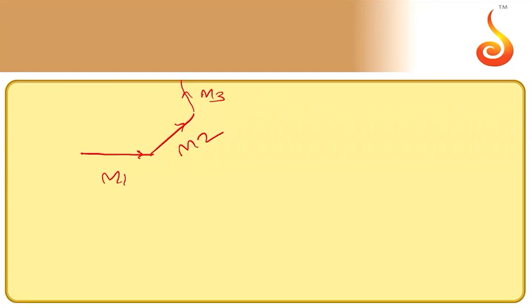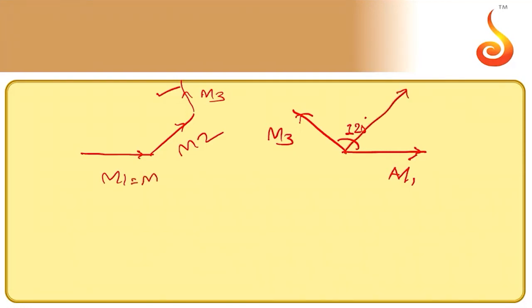So what is it going to be? So, you know, it is something like 3 vectors. I will consider M1 only and M3. Those two subtend an angle 120 degree between them, and the resultant of these two is nothing but a single magnetic moment of, you know, all of them are equal magnitude wise. So this is M, this is also M, so this is nothing but M4, which is equal to M.